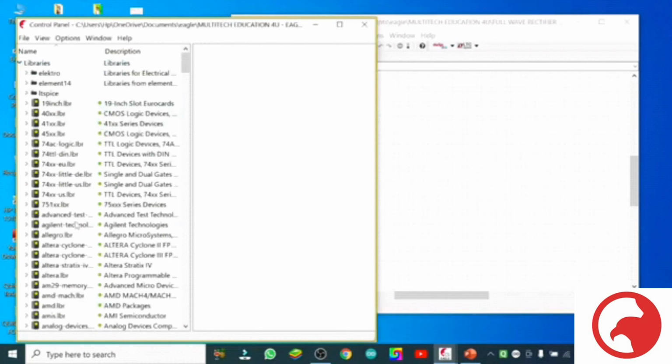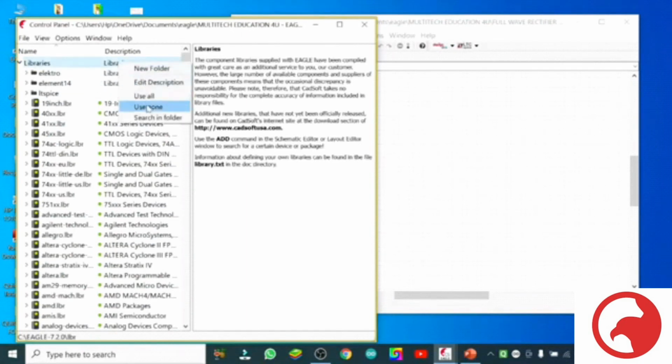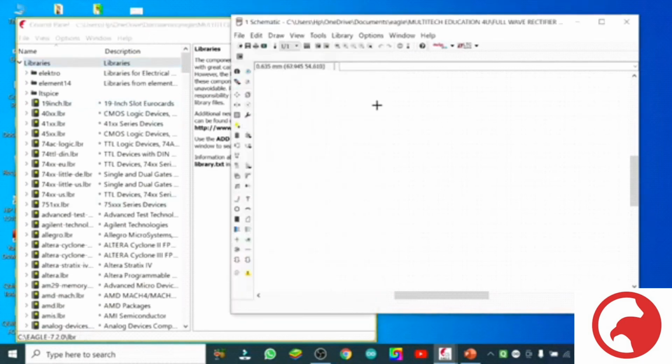Now you see it is green because I used it, but in your case when you are fresh, it will not be green. So I will deselect it. Now there is no green dots to show you. You will find like this. So how to bring green dots? Otherwise these symbols, these components will not come on your schematic platform. You have to bring these symbols on your schematic. So what you have to do?